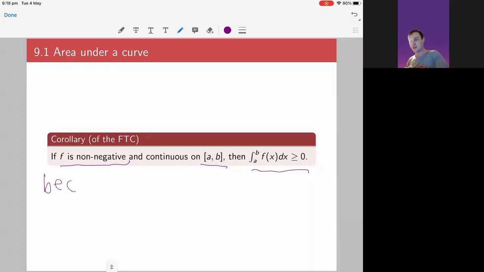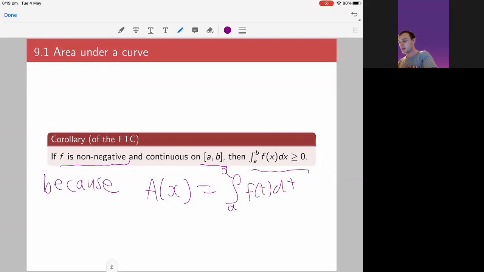I'll explain why. If you define A of x to be equal to the integral from a up to x of f of t dt, then A prime of x is a non-negative function, because we said that the original function f was non-negative. So therefore the derivative of A is non-negative, but the mean value theorem tells us that if the function A